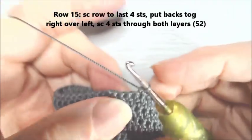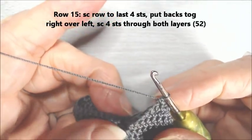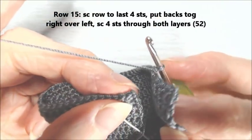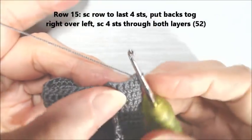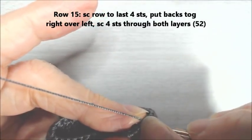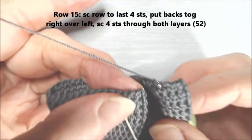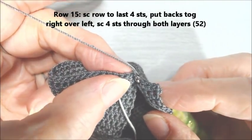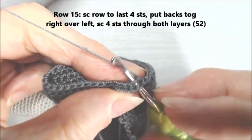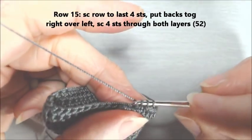Alright, so I finished row 15. I left the last 4 stitches not done, so we're going to put this right over the left, 4 stitches over, and we're going to go into that first stitch there, and the first stitch on the other one. If you can see that, we're going to single crochet both layers together